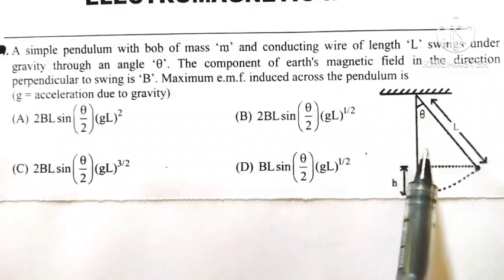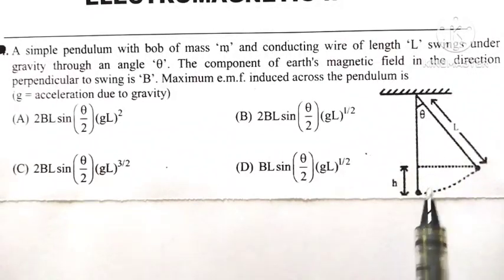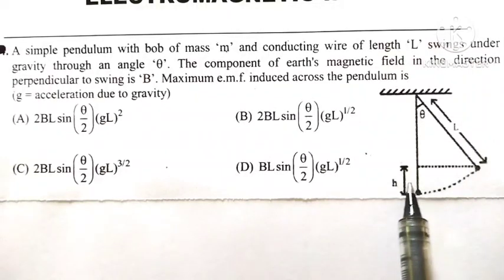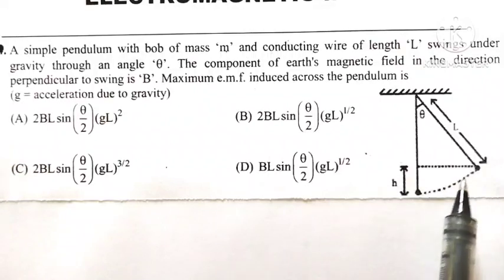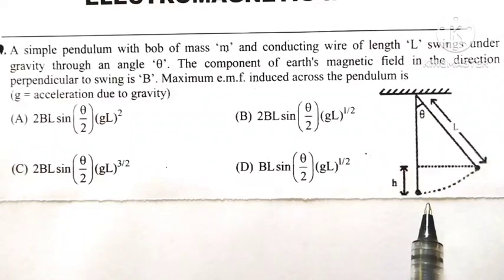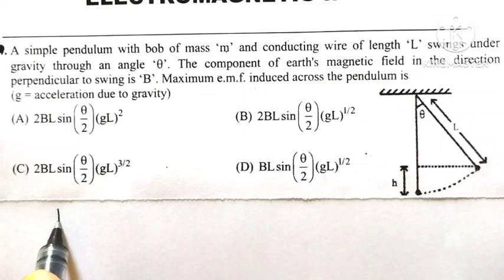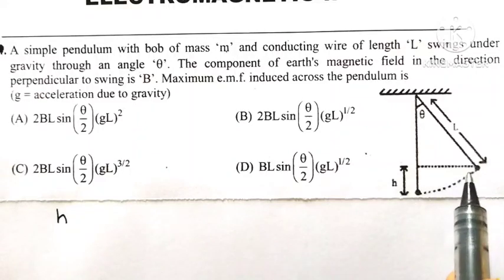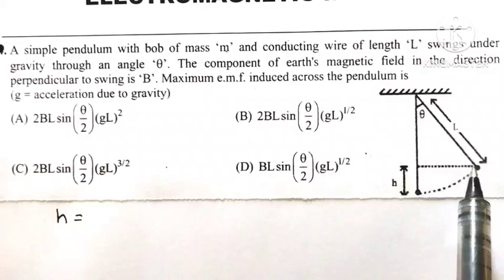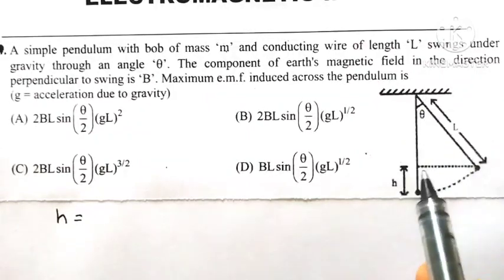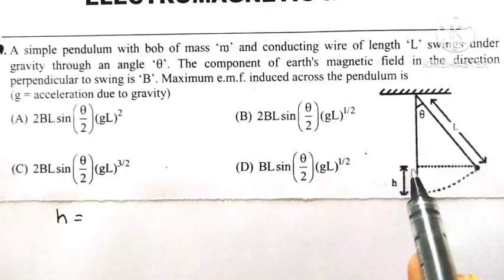So here we have a pendulum of length L, and when the pendulum is moved from its mean position to the extreme position, the bob rises by a height h. At the extreme position, L is the length of the pendulum and this angle is theta. Then, in the triangle OAB,